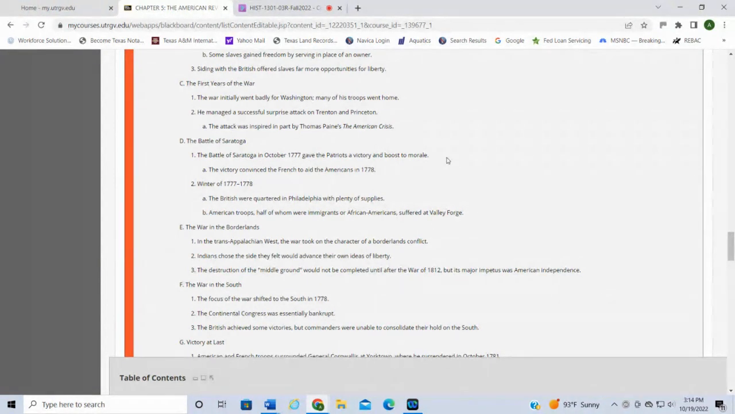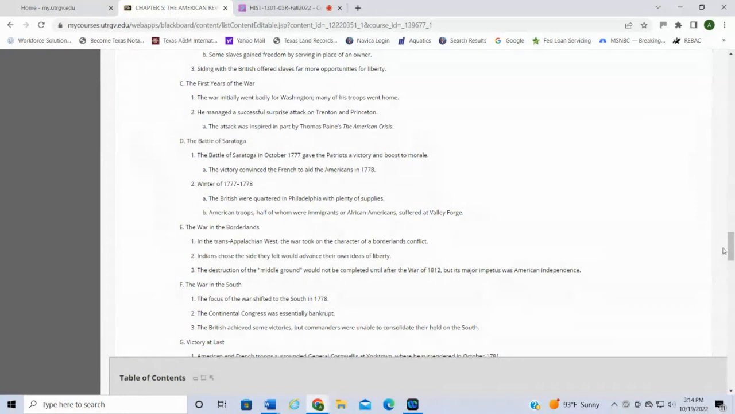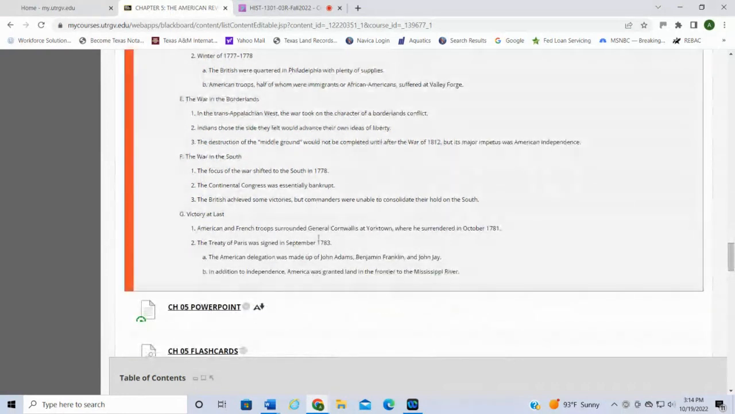So in the winter of 1777 to 1778, the British were quartered in Philadelphia, with plenty of supplies. American troops, half of whom were immigrants or African Americans, suffered at Valley Forge here. So this was kind of like the low point, but then of course we move on to the fighting in the South. This is where Cornwallis starts to suffer some defeats here, and ultimately he is defeated at Yorktown, where